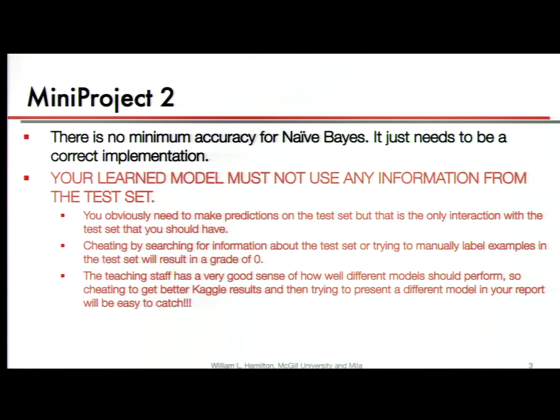It's about you having a correct implementation of naive Bayes, and then the thing that matters for the competition on Kaggle is your best model. So you probably don't want to be submitting your simple naive Bayes model as your best model to Kaggle. So there's no requirement that you run your naive Bayes model on Kaggle. There's no requirement that it has some particular accuracy.